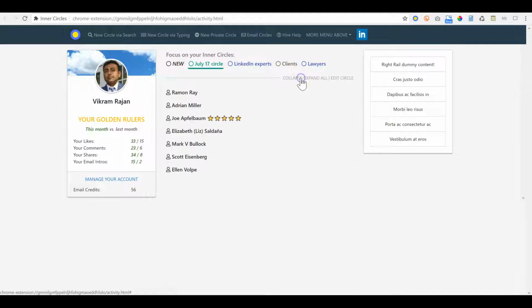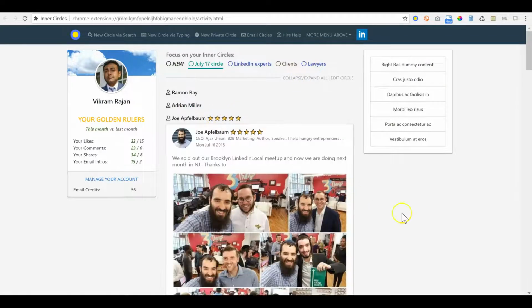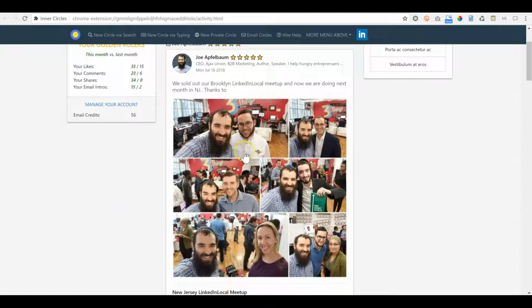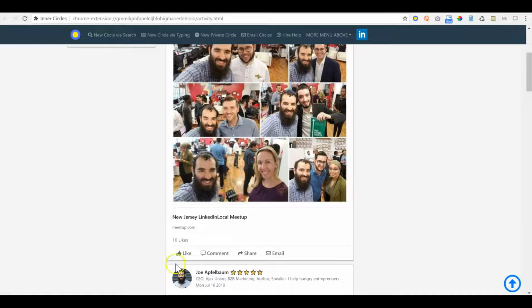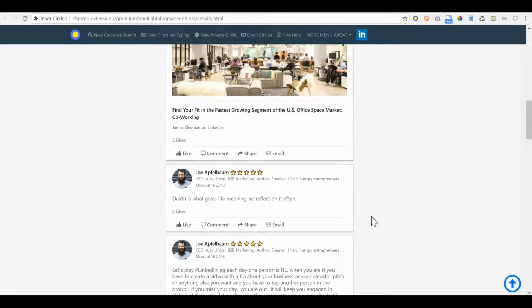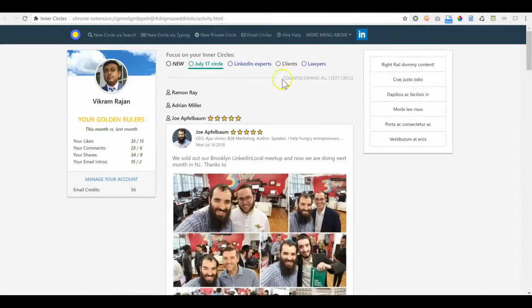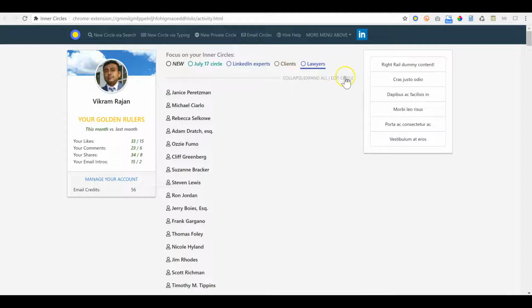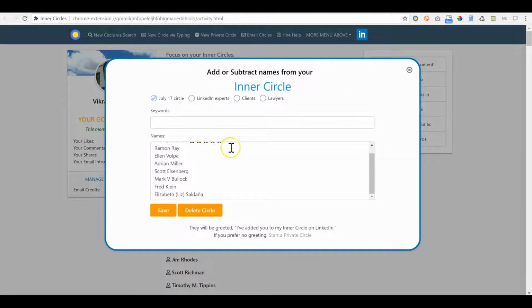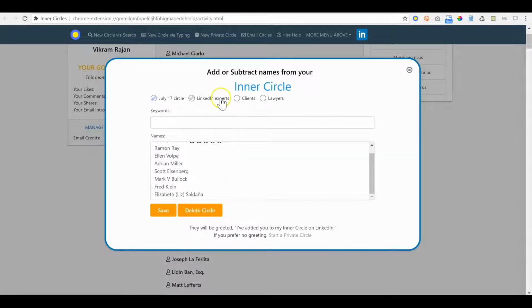to the top, collapse this, now go over to Joe, and kind of see very quickly what's going on with him. I can click like right there, and I can very quickly look at what's going on based upon even the date of the post, and come back up and go into Inner Circles, and I can of course edit this as well, edit any of my inner circles this way, or delete anything that I want, for example, and